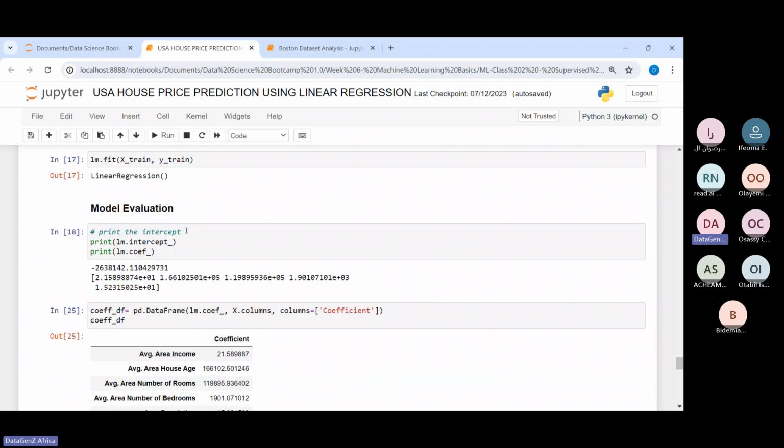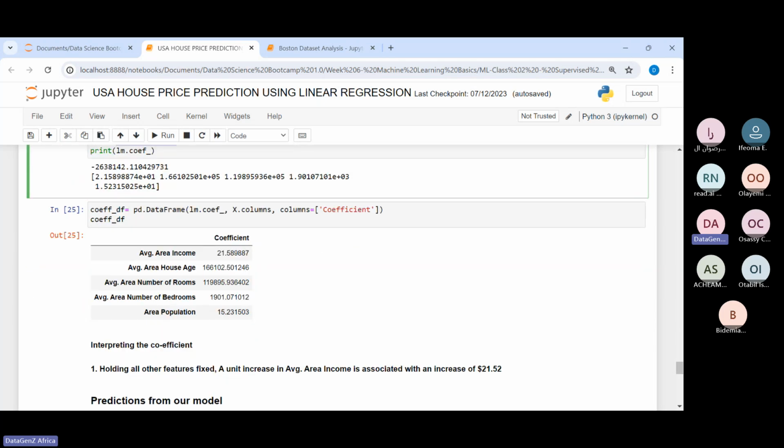So here you can see that you can print the intercept from the model that we built using lm.intercept, and you can also print the coefficients for each of those features. When you put them into a data frame, you can see all of this in a tabular format. Then you can explain your model. Now, this is a linear model, right? If you were to write out the formula for this particular model that was built,